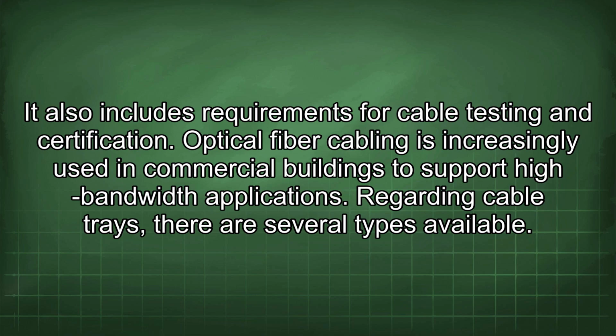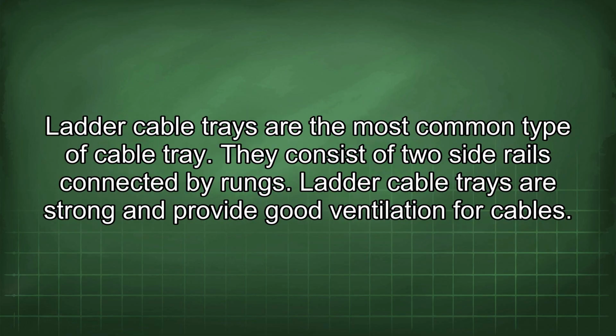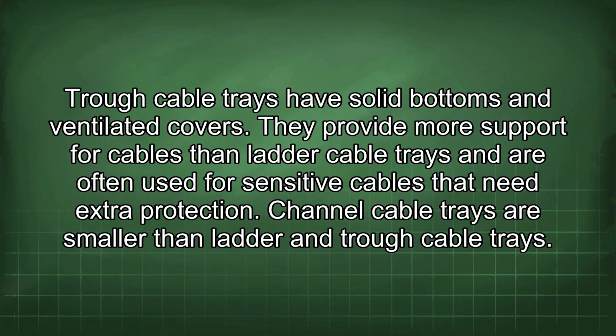Regarding cable trays, there are several types available. Ladder cable trays are the most common type of cable tray. They consist of two side rails connected by rungs. Ladder cable trays are strong and provide good ventilation for cables. Trough cable trays have solid bottoms and ventilated covers. They provide more support for cables than ladder cable trays and are often used for sensitive cables that need extra